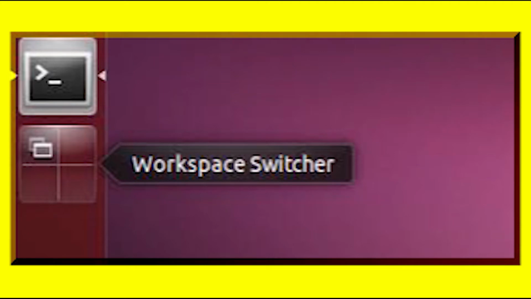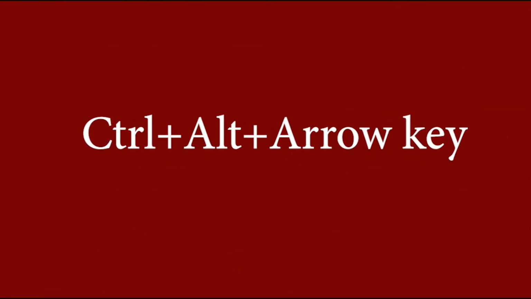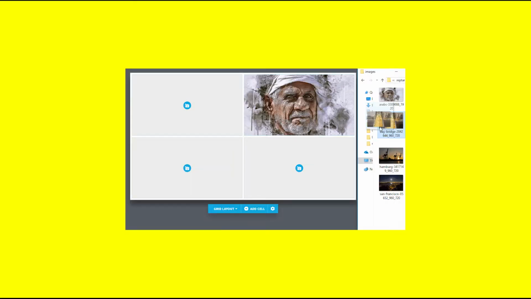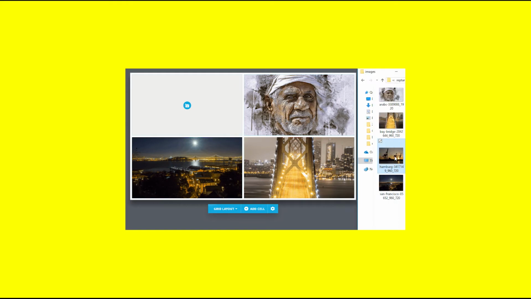The Workspace switcher icon will be added to the launcher. Click on the icon to activate the Workspace switcher. To switch between workspaces, use the shortcut key Ctrl along with Alt and an arrow key combination. To change the position of any window, simply drag and drop the window on the Workspace switcher.